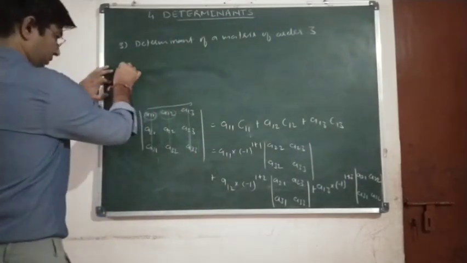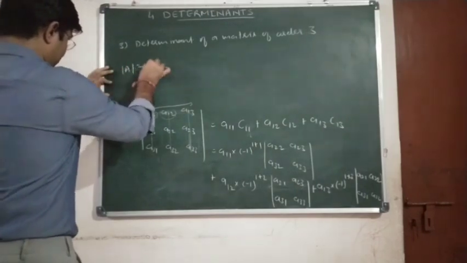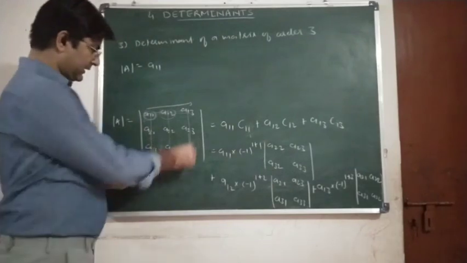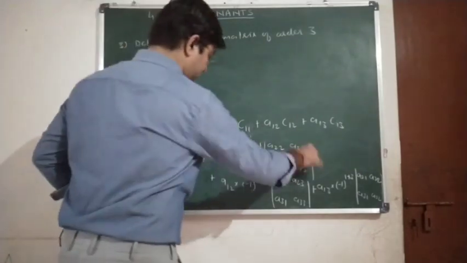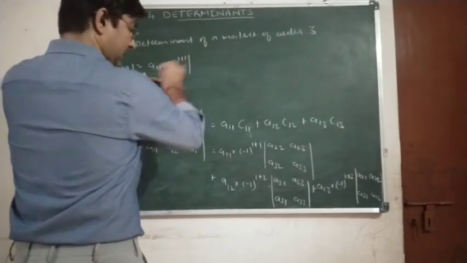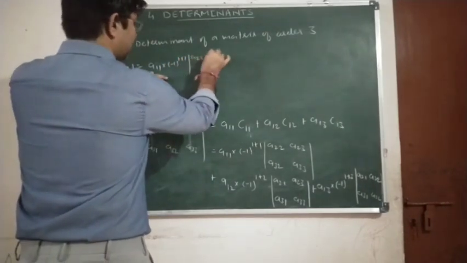So the determinant of A will be given by A11 into, again the first step will remain the same, so this term only will come, into minus 1 raised to 1 plus 1 into the determinant of the square submatrix